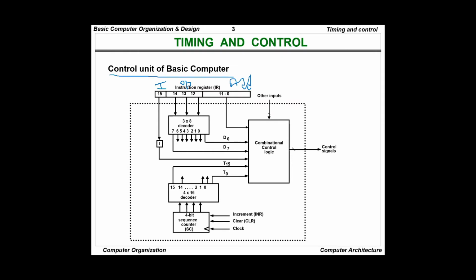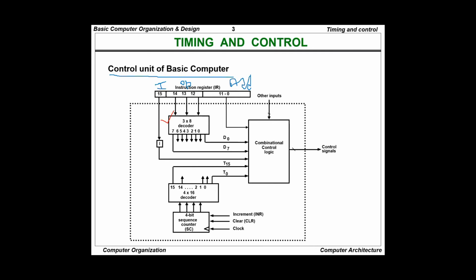If we see carefully, why did we only consider the instruction register? Why can't we consider PC, AR, or DR, the data register and address register? Here we are talking about instructions, so we need to consider only the instruction register. For the 3 bits, as I said, we get 8 operations. So bits 12, 13 and 14 are the opcode. These are 3 bits, so to get our 8 outputs, I will necessarily take a 3 to 8 decoder.